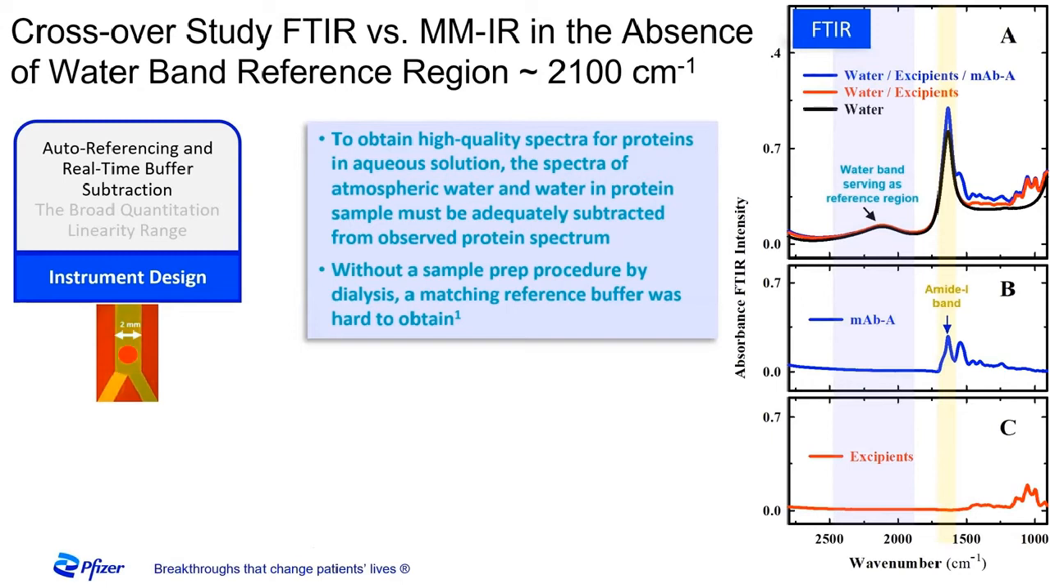Only this narrow region. Therefore, the water reference band on the left, shaded in purple here, is not collected around 2100 wavenumber. We also know that to obtain a high quality spectrum for protein in aqueous solution in the middle panel, the spectrum of atmospheric water and the water in protein solution must be adequately subtracted from the observed protein spectrum. And